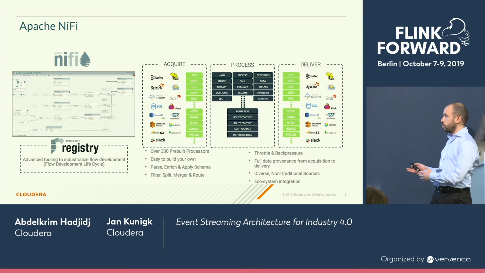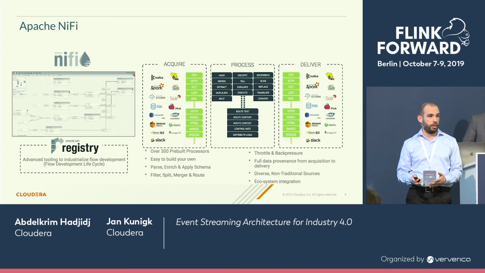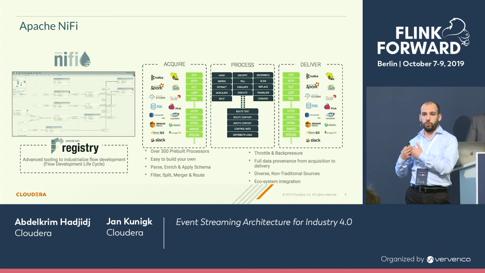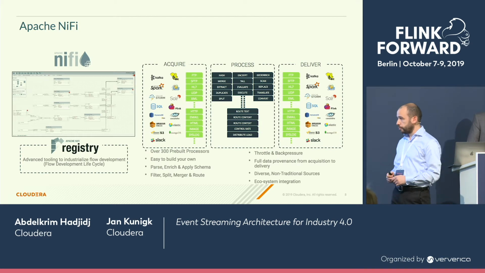While you are doing this, you also have the ability to do some transformation, which is really different and complementary to what Flink can do. Here we are talking about ETL transformation, like when you are getting data as CSV from different files from the plants, and you need to put it in Avro for Kafka before a Flink application can consume it. So we are talking about this kind of transformation.